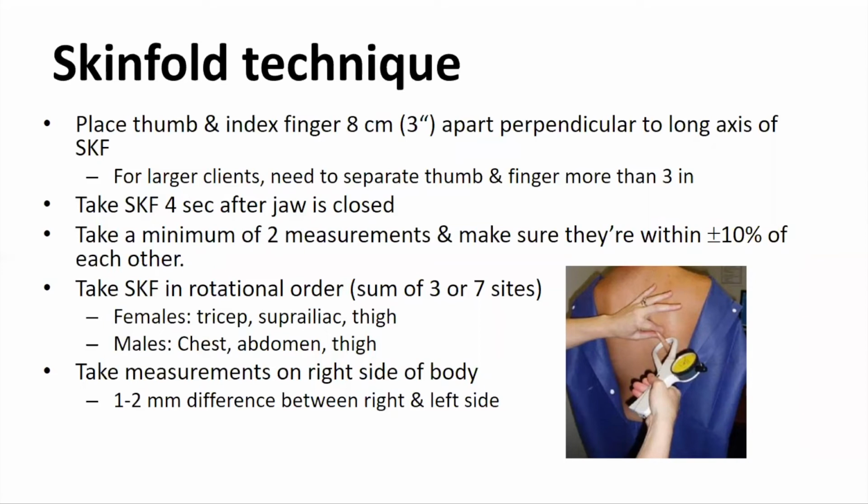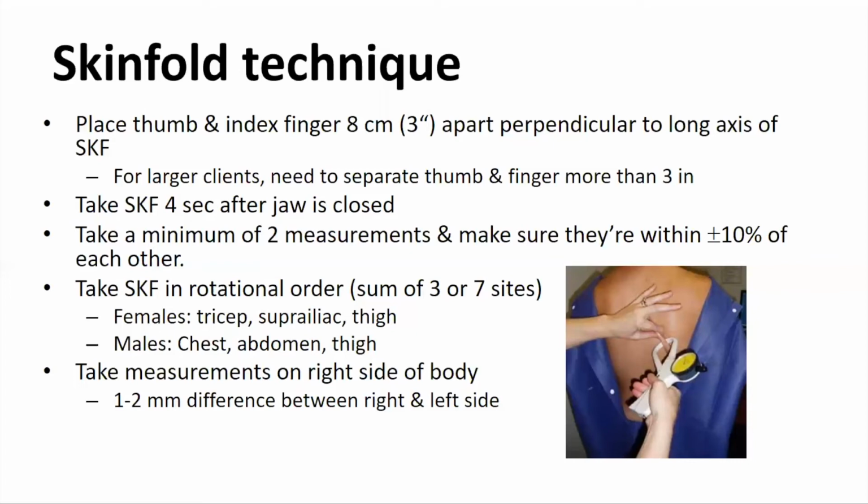This is done in a rotational order. For the 3-site model for females, it's triceps, suprailiac, and thigh. And for the males, the sites that we would measure for this 3-site equation would be chest, abdomen, and thigh. All of the measurements are typically done on the right-hand side of the body,